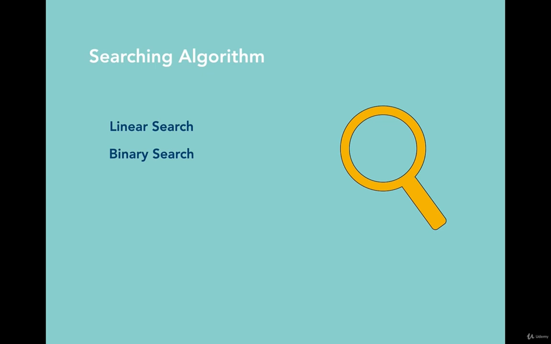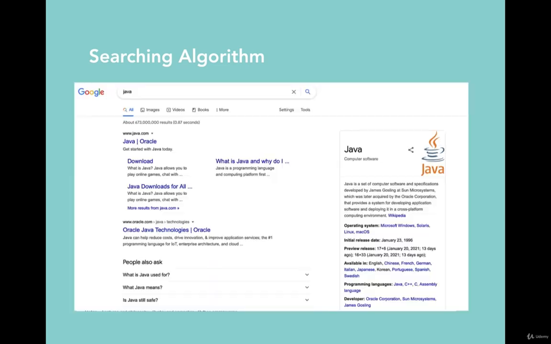So when we say search, some of you might think of something like Google right away. Now, the algorithm behind Google search is very complex, probably the most complex one, because it works based on many factors, which means that if I search for Java, it might give different results than others. So it depends on many things like browsing history, the things that you clicked, or the things that you have done. So I just want to mention that we are not going to create something like Google search in